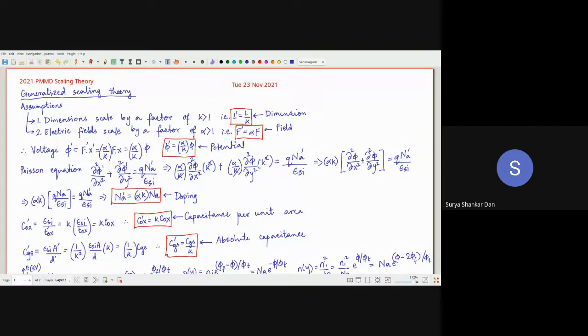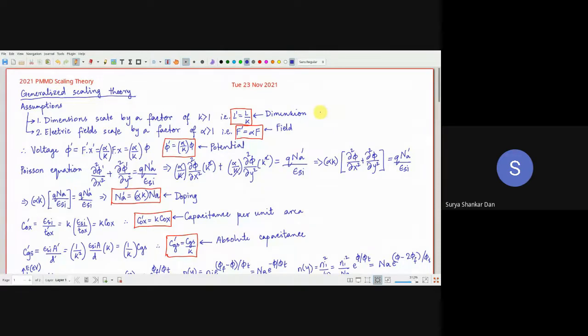Okay, welcome to this lecture on general scaling theory. In this lecture, we are gradually coming towards the culmination of all the theory we learned in this course until now. The main focus of this one is to find out the fundamental scaling theory, which you probably know a little about from your IC fabrication, but we are going to understand the scaling theory from a mathematical perspective.